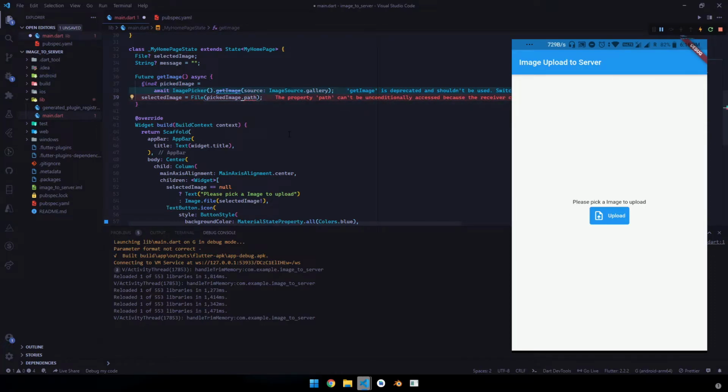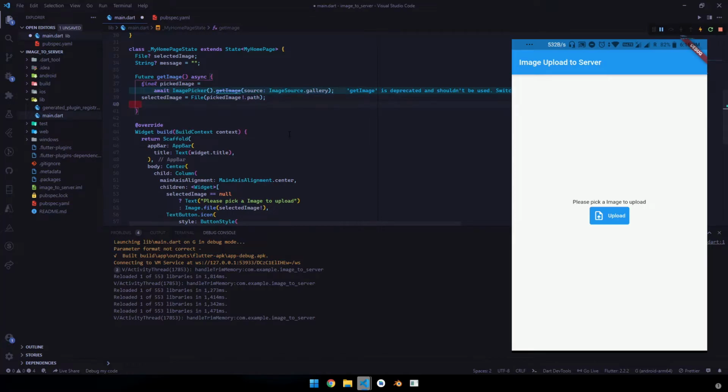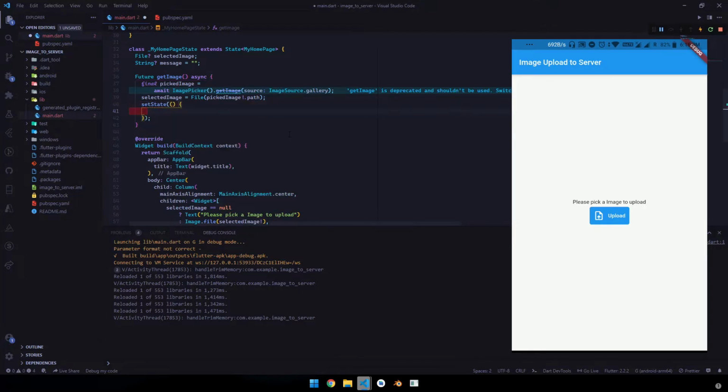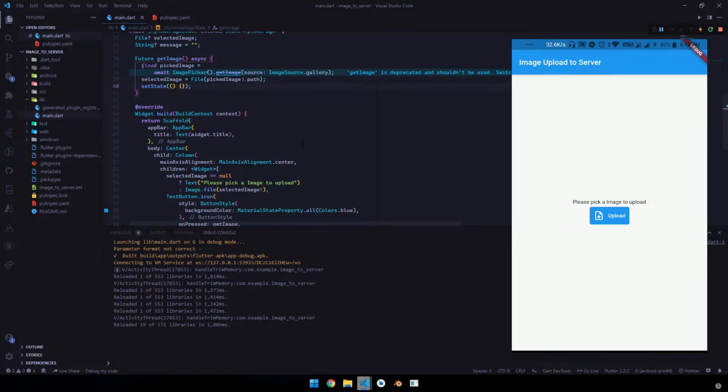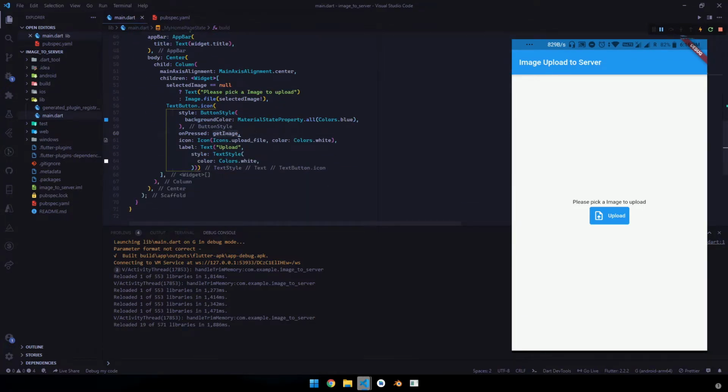This picked image can be null, so we need to add the null-check operator after that and let's call setState. Hit Ctrl S. Okay, so I have written the onPressed function for this upload image. So now let's remove this getImage, since it was for the upload image button.